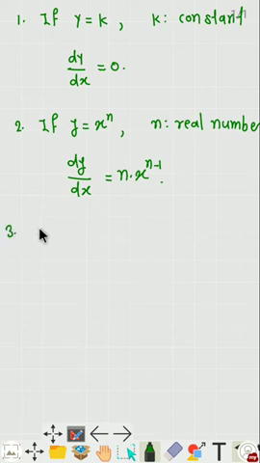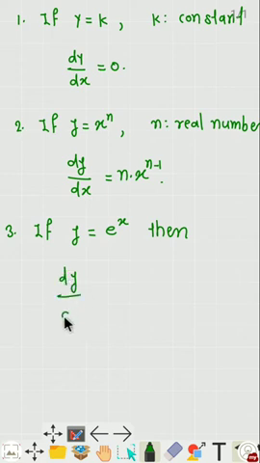The third standard function is right here. If y is equal to e raised to the power x, the exponential function, then its derivative dy by dx is equal to e raised to the power x. So the standard function e raised to the power x has the derivative dy by dx equal to e raised to the power x. Now the next, fourth standard function is,